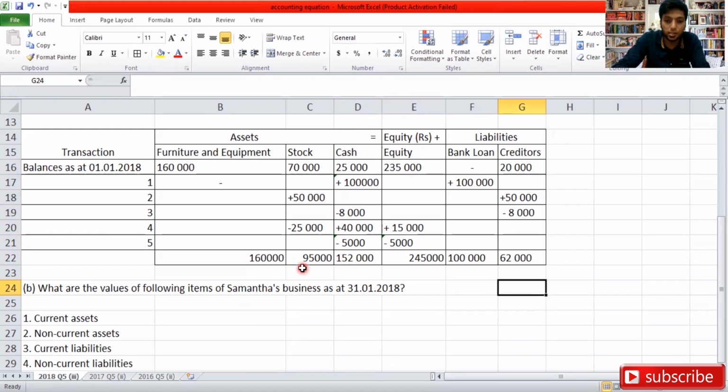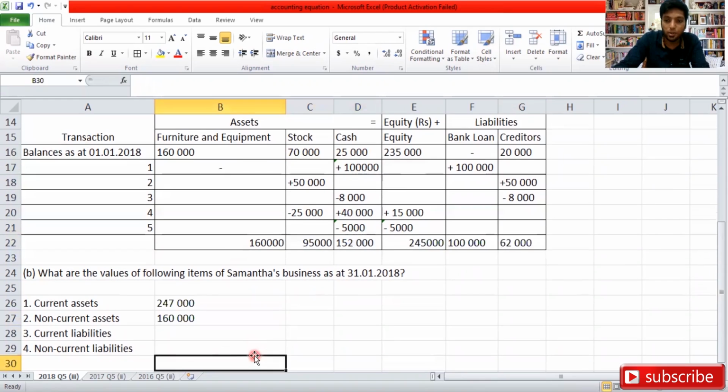Now I need to find my current assets. So you need to know 95 plus 152 is giving you current asset, because stocks and cash, as I already said, are a part of current asset. Furniture and equipment is a non-current asset. So you can directly write here 160,000 is your non-current asset. Current asset is 95 plus 152. You will get